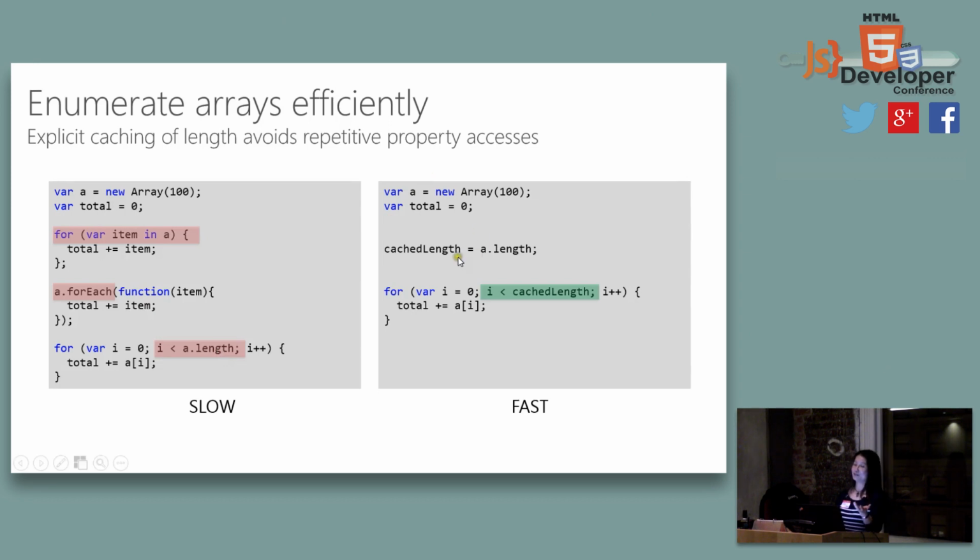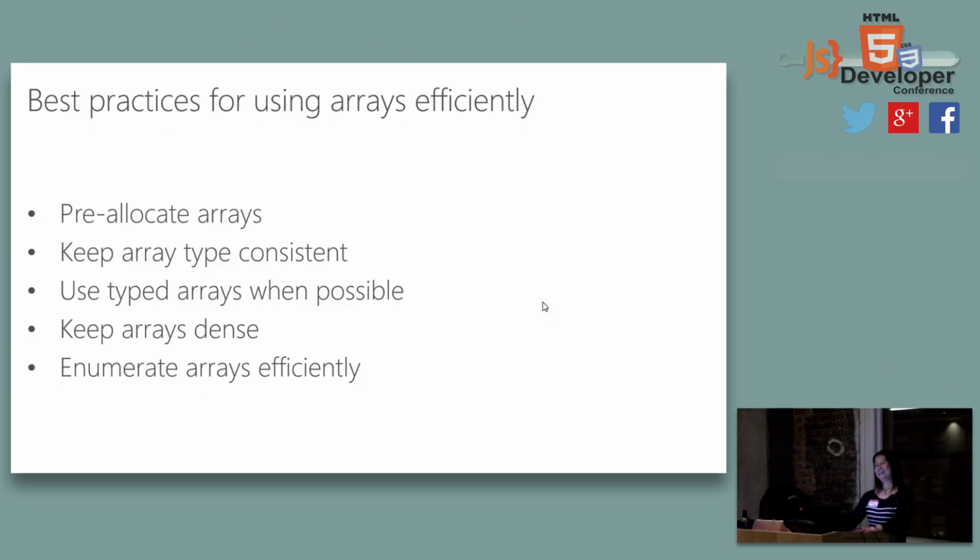So a better way is obviously to do the calculation once, cache that length, and then put it into the loop, right? That way will save you a lot of work on the memory allocation, all those things. Very simple, right? But it's a $1 million tip for you. You check your code. I bet you will find something like this.